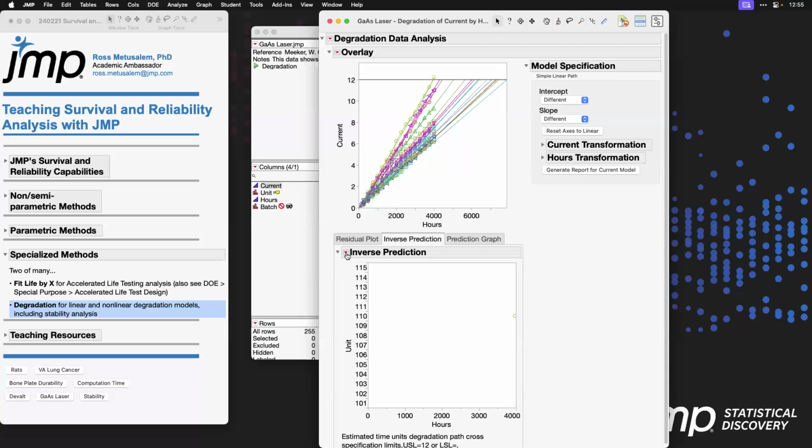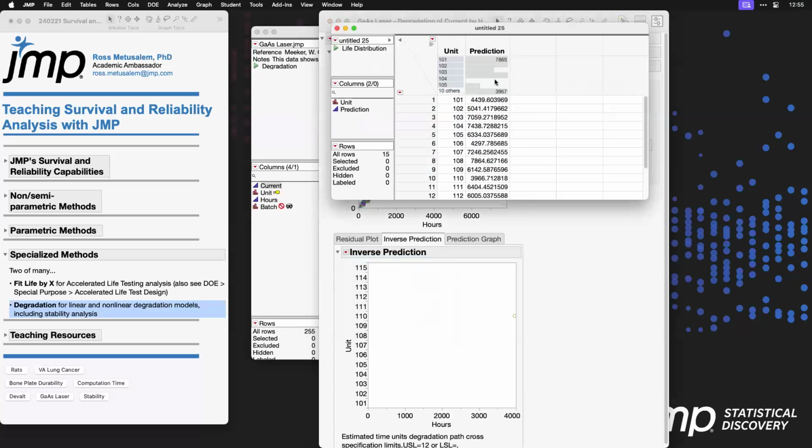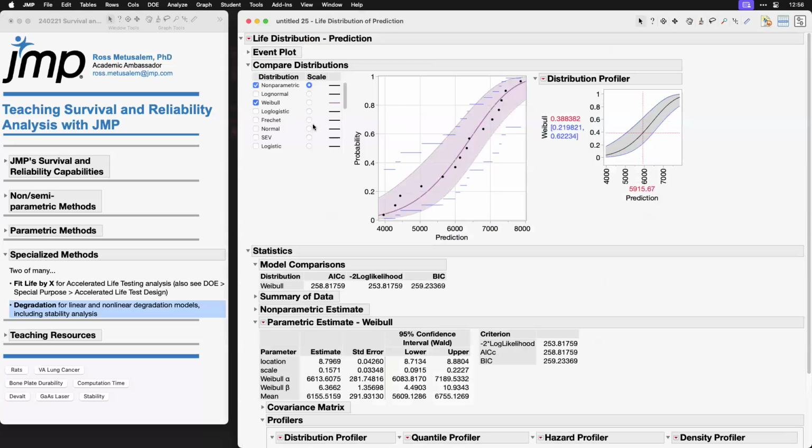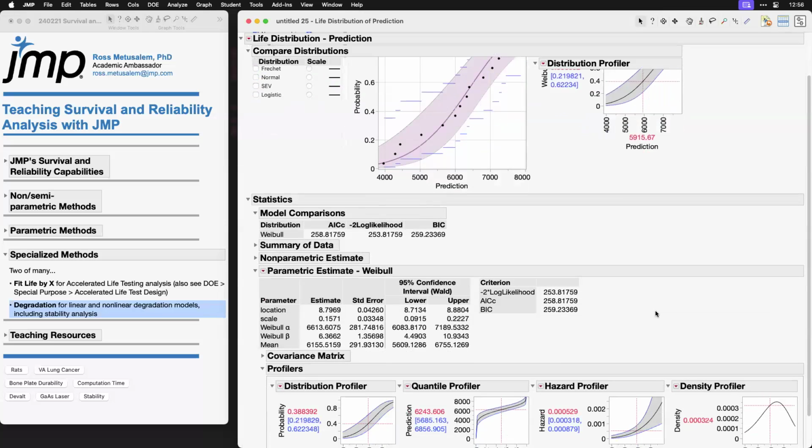And so what we can do then is ask for those crossing times, those times that we predict each laser would have hit 12 amps. Now we have those predictions out and can put them into the life distribution platform and, for example, fit a Weibull distribution to them. So we didn't actually observe the, quote, failures of these,